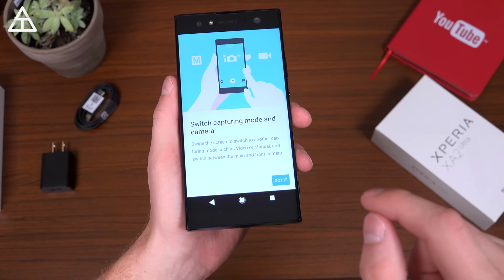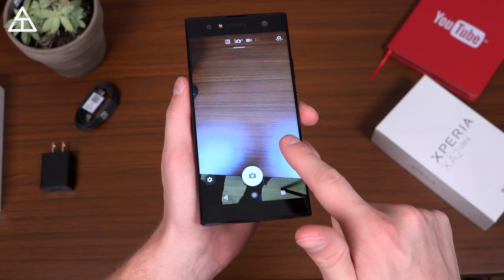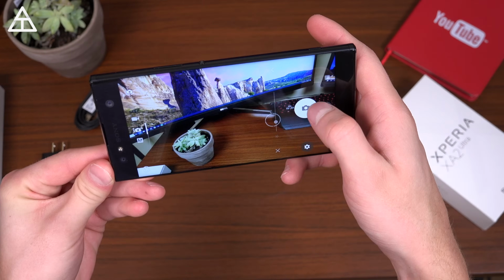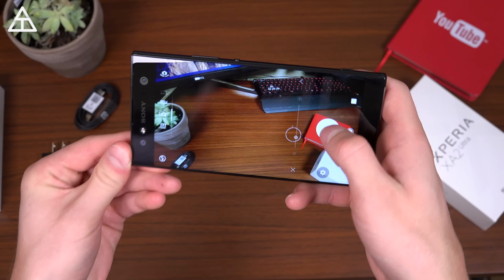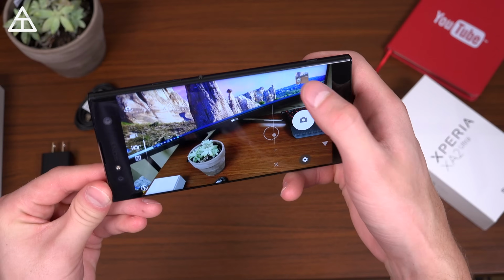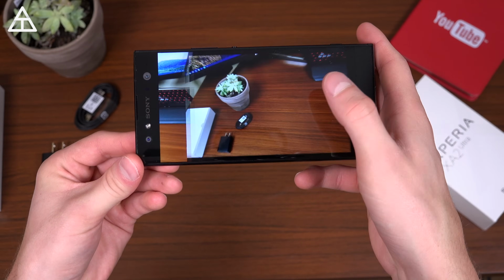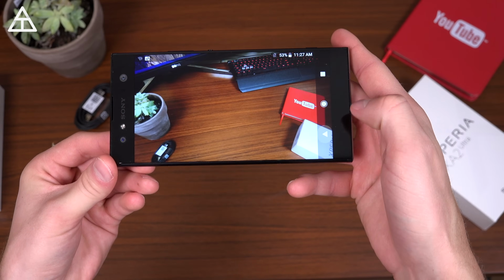Switch capturing mode and camera. I do want to make note, this has a 120 frames per second slow-mo video mode. So that is also similar to what the Galaxy S9 Plus has, or S9 as well. Let's go ahead and snap some quick pictures. Fairly snappy, seems to focus okay as well. Let's go ahead and go into one of these pictures. Sure, why not? And we can swipe on over. Looks just fine. We'll need to do more testing, but that was just a quick test of the